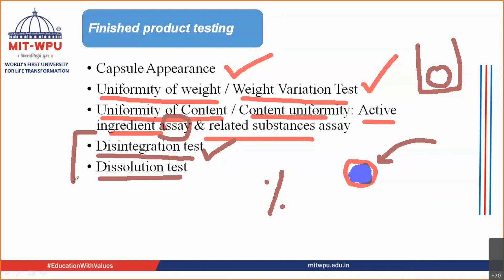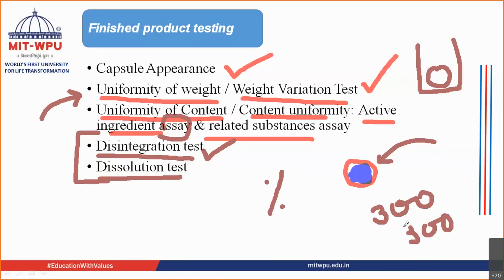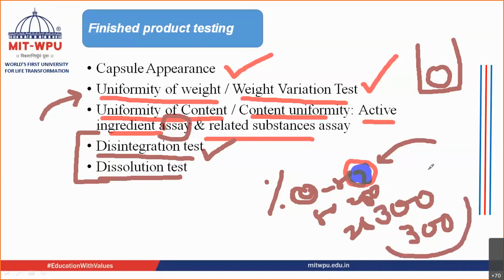Again, the limits and standards for the disintegration test and dissolution test are the same. The standards for uniformity of weight are different, which I told you earlier. It is below 300 milligram, and it is above 300 milligram, right? Like in tablets, you have between 0 to 80, between 80 to 250, and between 250 and above. These are the three categories that you have in case of tablets. In case of capsules, you have below 300 milligram and 300 and above 300 milligram.